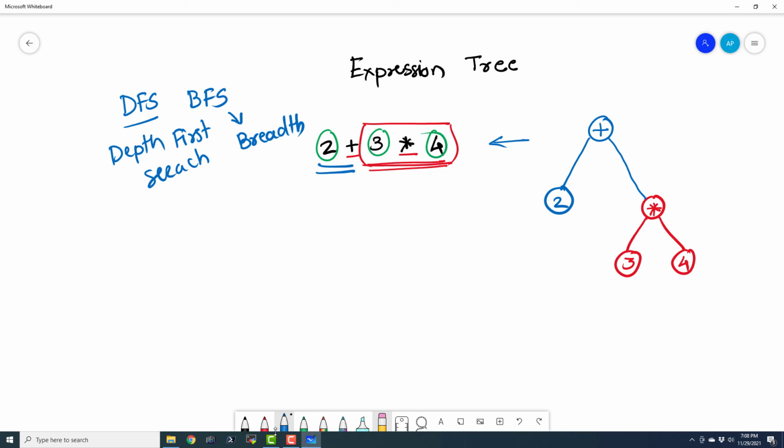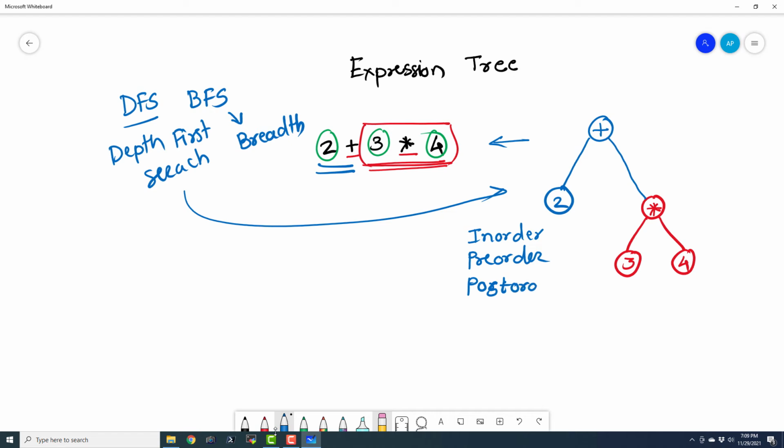When we apply depth first search to binary trees, there are again 3 types. One is in-order, pre-order, and post-order. And breadth first search stands for level order.